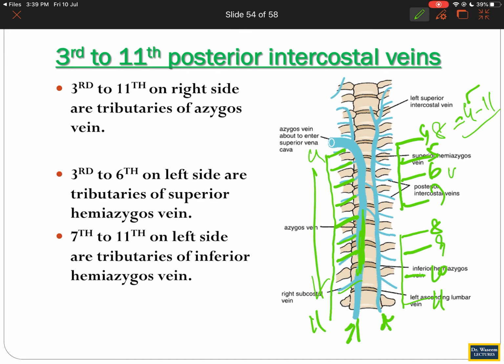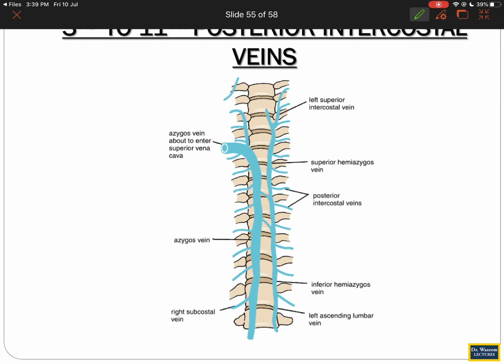So you can say these veins are there, but how will you drain, for example, the lower ones, these lower means from 4 to 11 veins? You see here, actually what happens? Here is your diaphragm. This vein will drain actually 8 veins here. 8 means from your 4th posterior intercostal up to 11th posterior intercostal, and obviously subcostal also, they